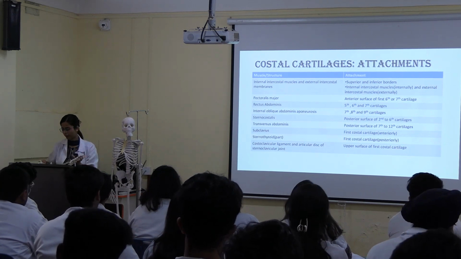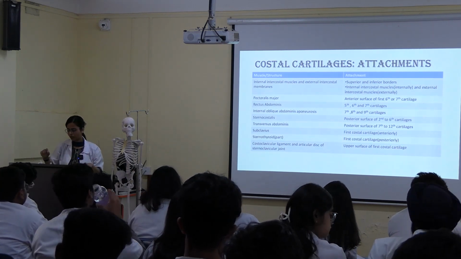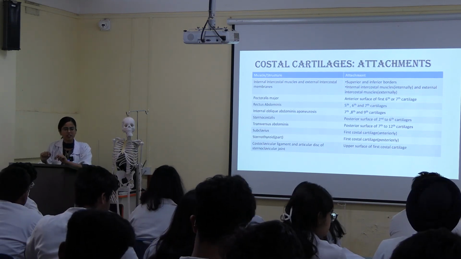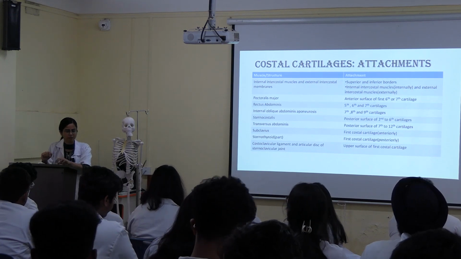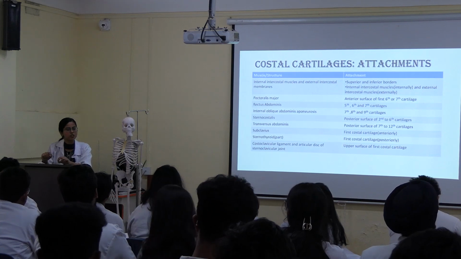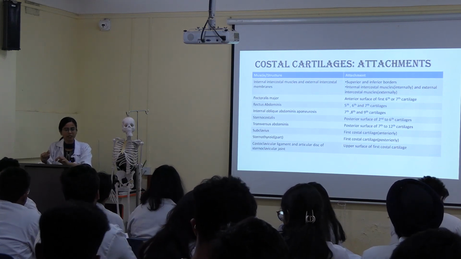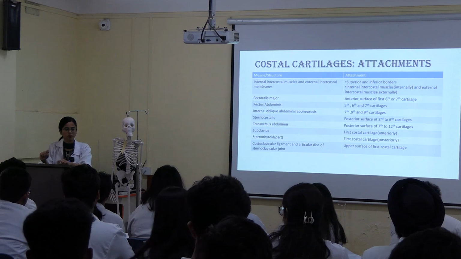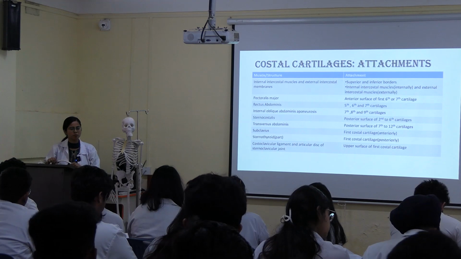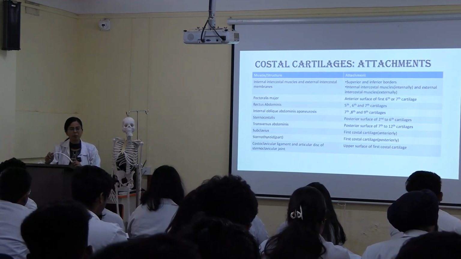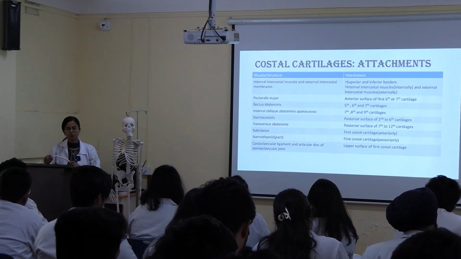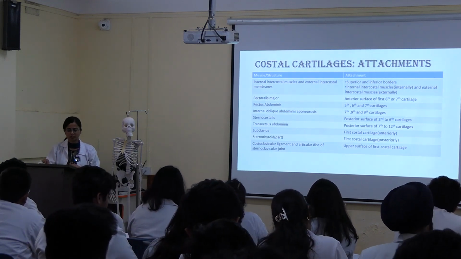Clear? Okay. So for the 10th rib, what are the differences I told? First, it is shorter; second, it has only one articular facet for articulating with the 10th vertebra. Now the 11th rib: shorter, one articular facet, no neck, no tubercle, slight angle, costal groove is shallow, and the anterior end is pointed. The 12th one: no costal groove, short, no neck, no angle, no tubercle, and the anterior end is pointed.